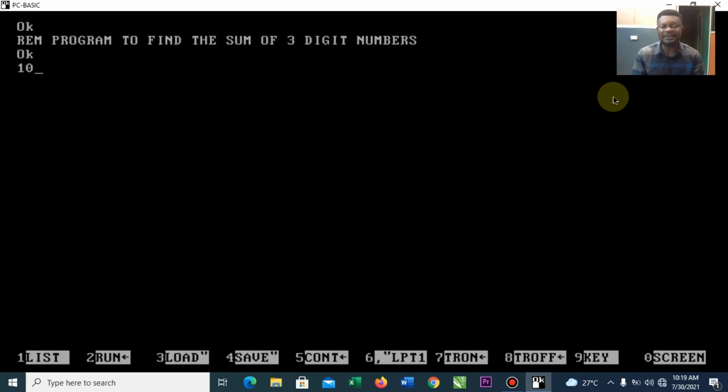Say, for example, line 10. Like I told you, in BASIC with indirect mode, you need to assign a line number. You can specify your line number ranges from 5 or 10, depending on how you want to number your program. Right now I'm going to assign 10 as my line number, starting from 10, and after 10, I'll use an interval of 5 to create line numbers. So let's go ahead and do this together.